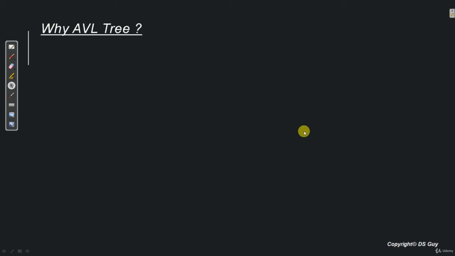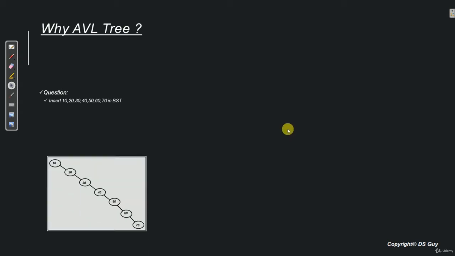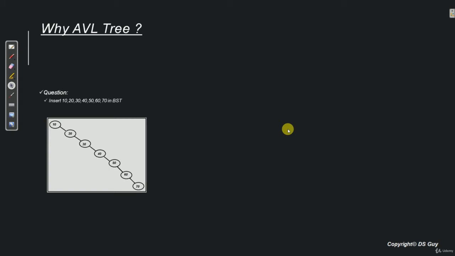So let's say we are given these numbers and we want to insert them in a binary search tree. Now as you would have guessed, this is how our binary search tree will look like if we insert these numbers in this order. So till now we are good. We have inserted all these numbers in binary search tree and we are fine.